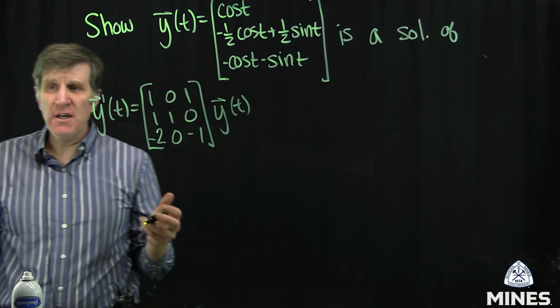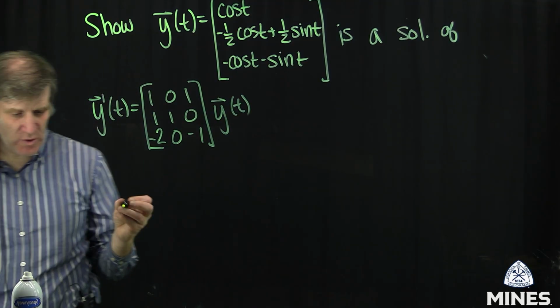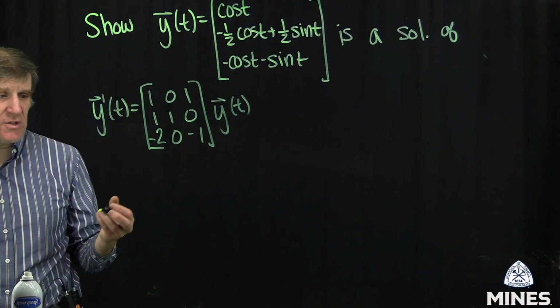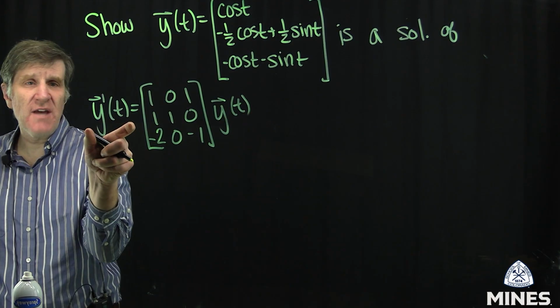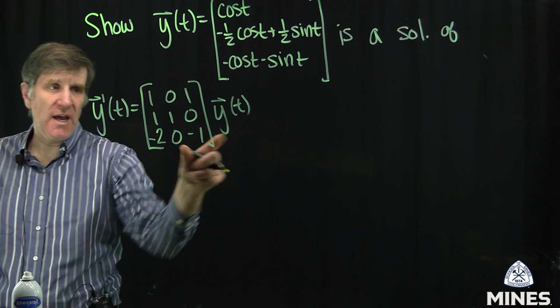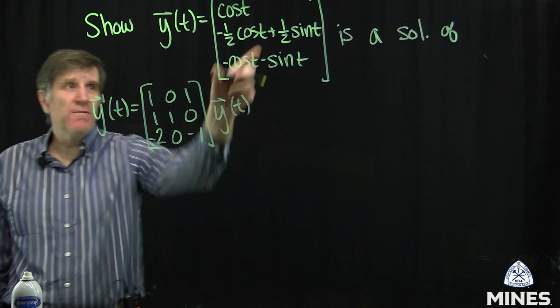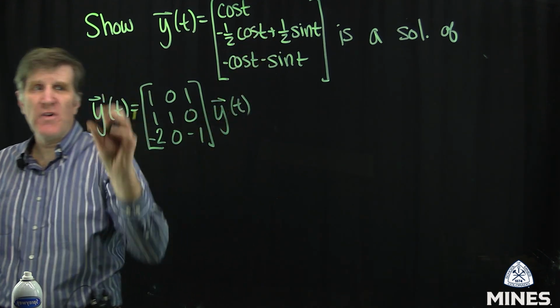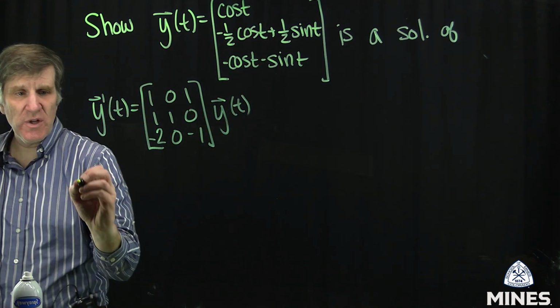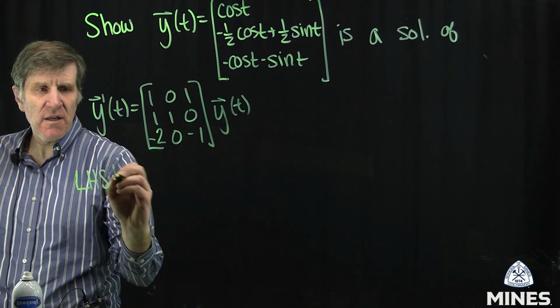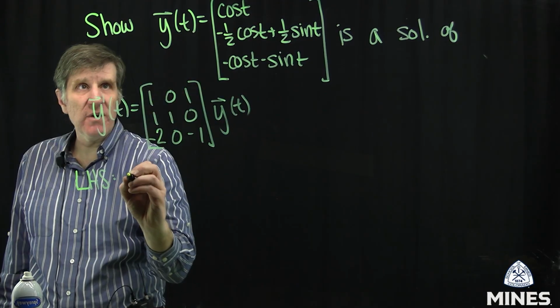And the idea is to do what we did back in chapter 1 when we first did this for single differential equations. We look at the left-hand side of our differential equation and the right-hand side, and we want to see that these are equal for this function, that this function satisfies the differential equation. So let's look at the left-hand side. That is y prime. So I take the derivative